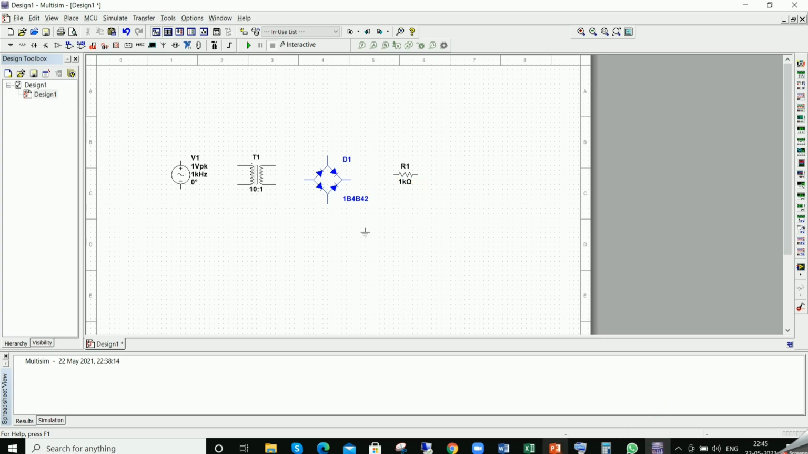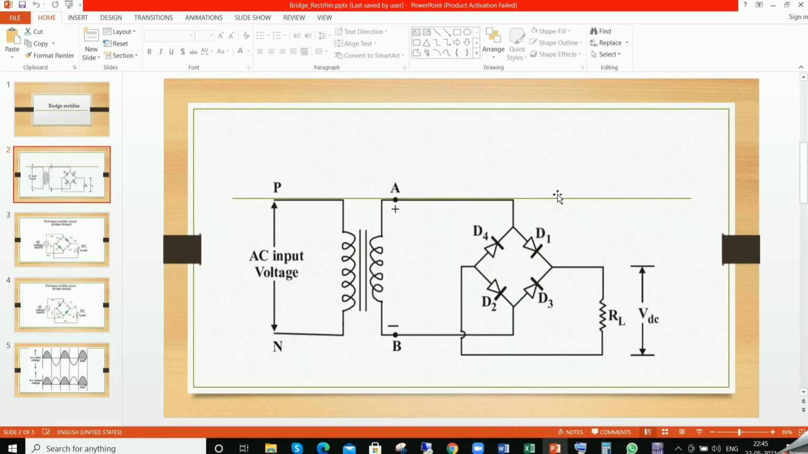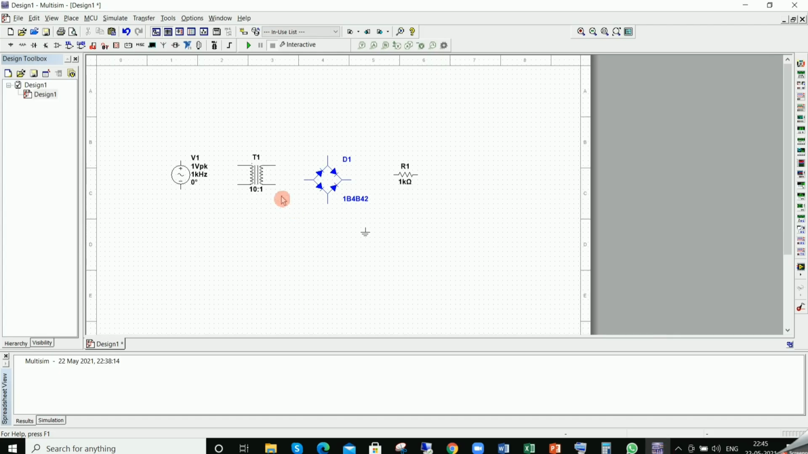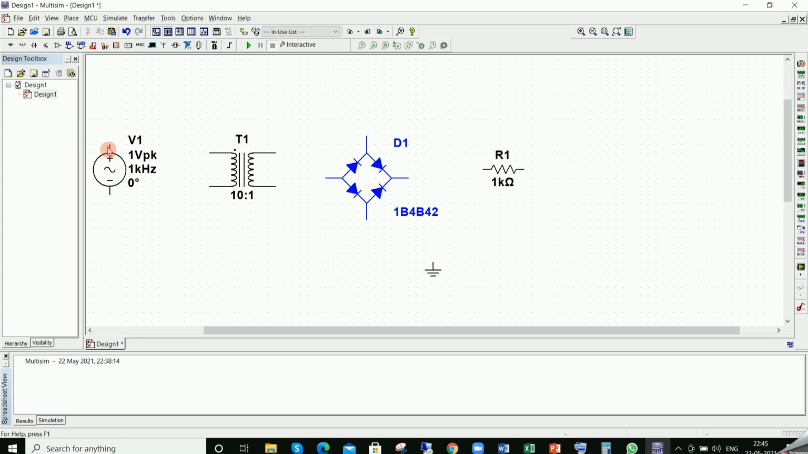Now make the connection as per the circuit diagram. Means the AC voltage source is connected to the primary of the transformer, the secondary of the transformer is connected to the bridge, and the RL load resistance is connected across the bridge. The AC voltage source is connected to the primary of the transformer, the secondary of the transformer is connected to one arm of the bridge,